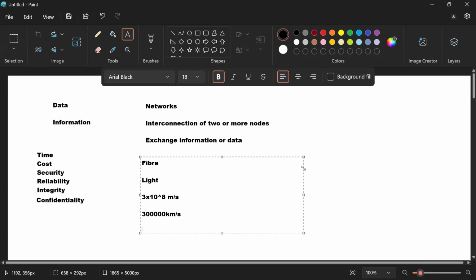It is approximately 40,000 kilometers. Now you can imagine in 1 second how many times the signal can go around the Earth. Approximately 7 to 8 times. Within 1 second, a light signal can travel around the Earth 7 to 8 times.